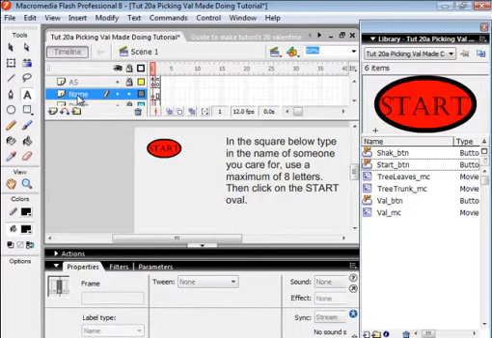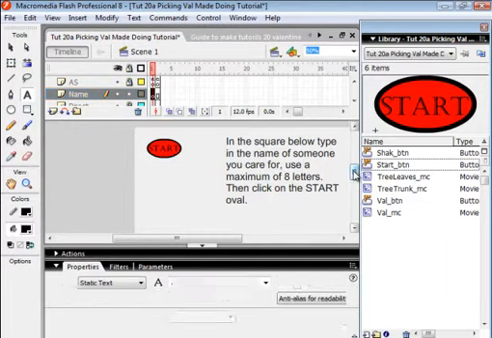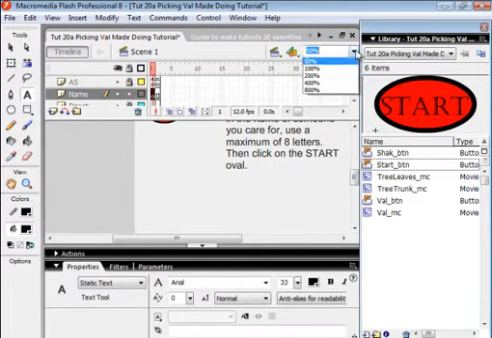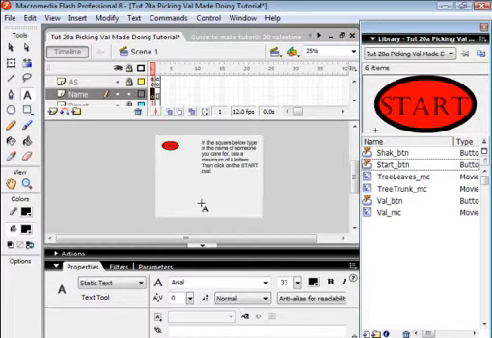Right above this direct label, insert another label and call it name, N-A-M-E, and select the first frame, and way down, let's make it 25% so we can see what's going on. Right down here,